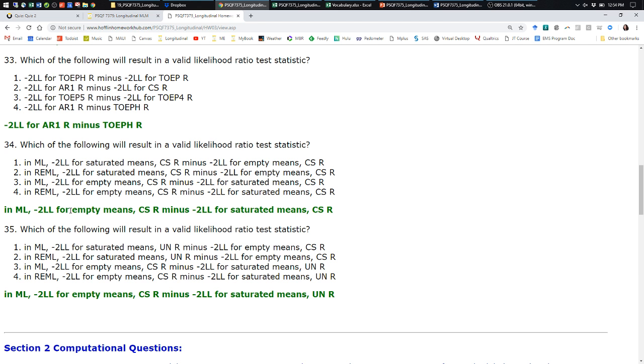So we don't need to do -2 log likelihood for comparisons involving the means model most of the time. And if you have a comparison that involves both sides of the model, then it has to be ML as well. And again, this comparison that's the right answer is valid but not terribly useful. Because if it fits better, I don't know if it's the variance part or the means part or both that's making it fit better.